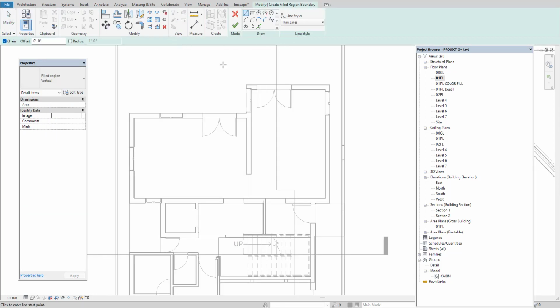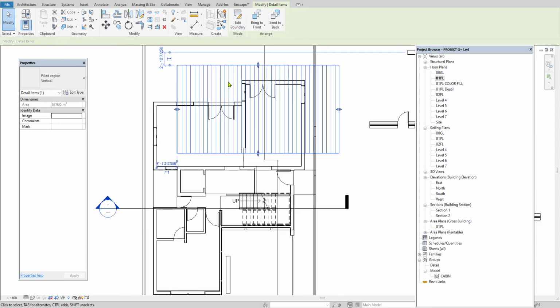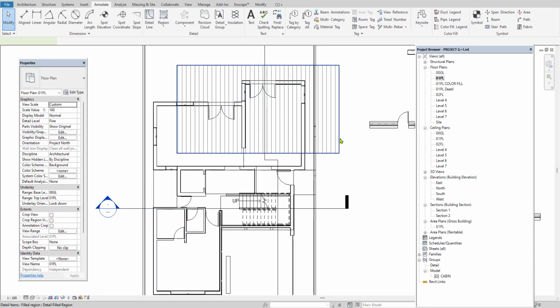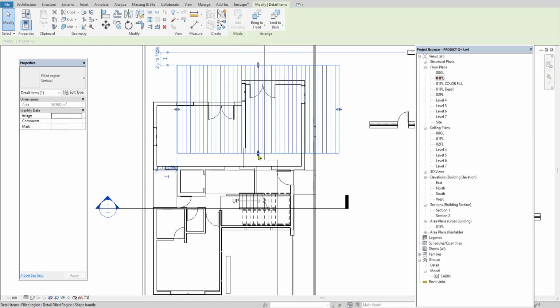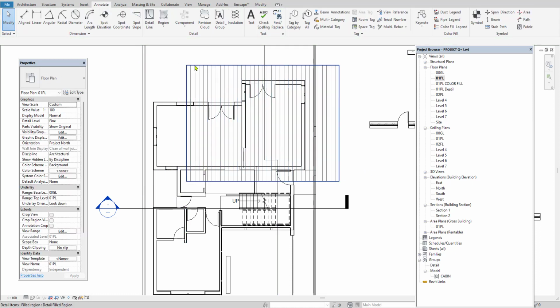Take that, depending on the shape, you can take the line or rectangle whatever it may be and then just draw it to highlight it. So once you finish, that portion will be highlighted with the help of the hatch. Even you can click and then edit it, and with the help of the arrow mark you can expand and minimize the area to highlight. Next is component. This component we can see in the lesson creation.